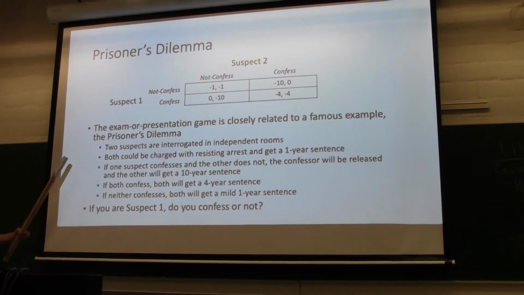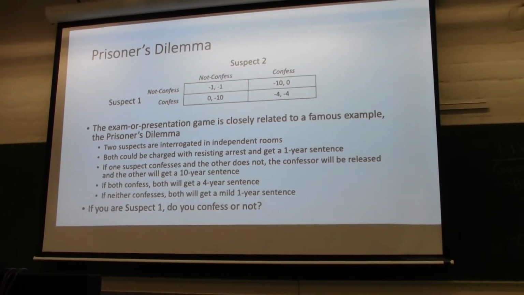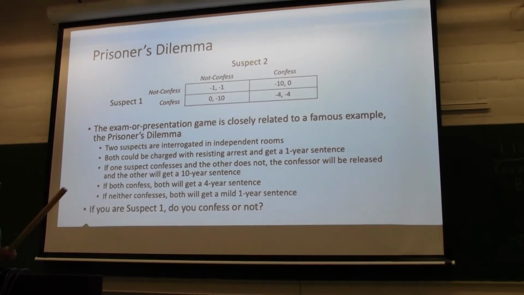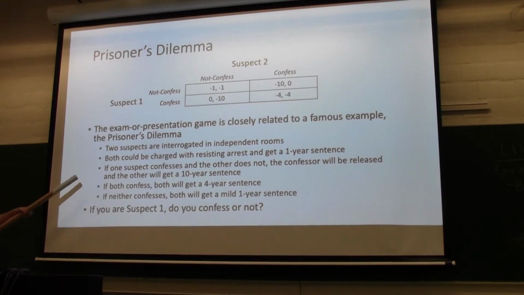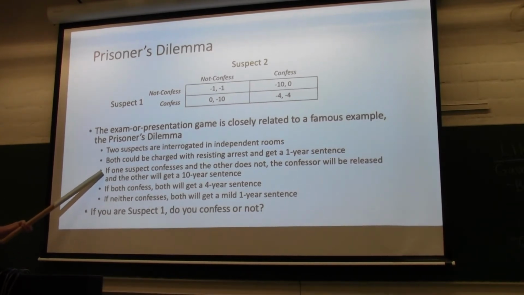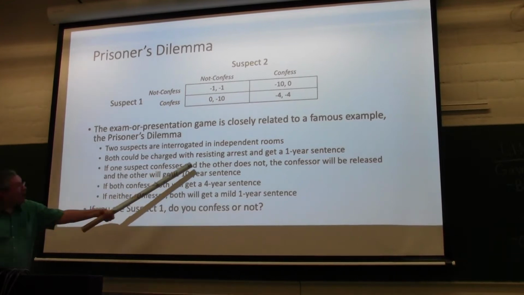Now, depending on what crime they're charged with, they could get a 1-year sentence or more, depending on whether they confess to the crime or not. So the policeman is yelling, did you steal the jewels of Marie Antoinette or whatever, and they say, yes, that's me, I'm guilty. Or they say, no, what are you talking about? You moron, I didn't do anything. I'm an upstanding citizen. But they do this independently. So here's the payoff. If one suspect confesses, I'm the guilty one, and the other does not,